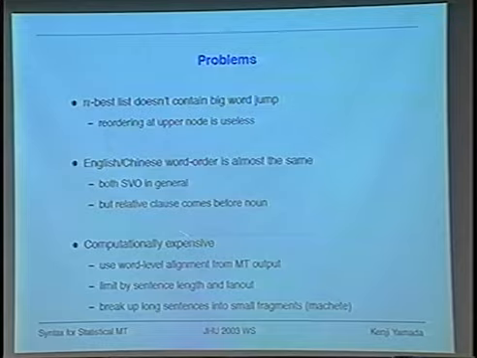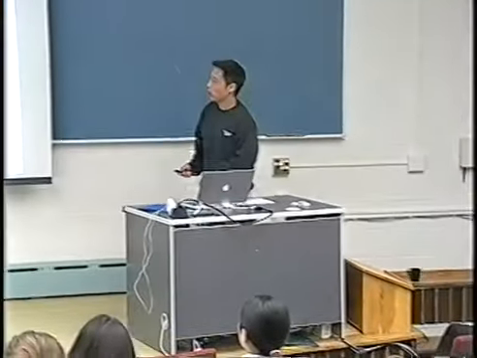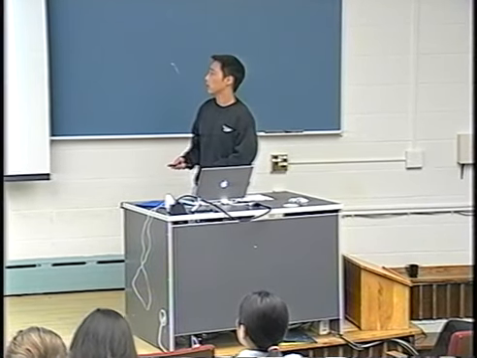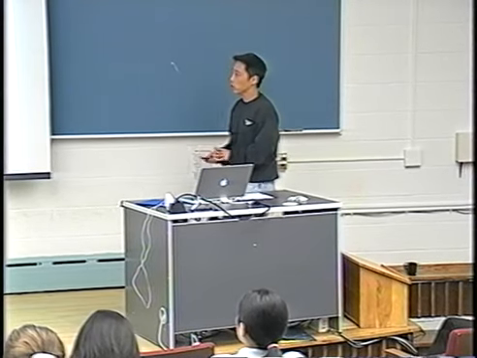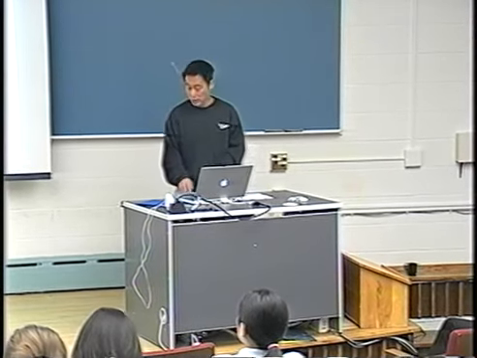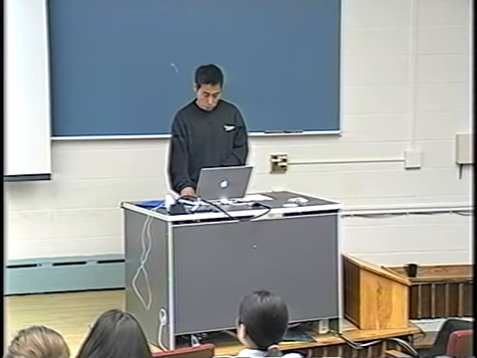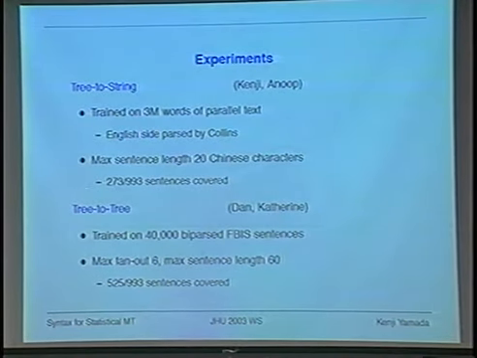Another issue here is that it is computationally very expensive. So we modified the implementation of the tree-to-string or tree-to-tree model to force the alignment given by the MT output, or just use the short sentences in the MT list. And these models were trained separately. And because of the computational limitation, we only covered some amount of the n-best lists.